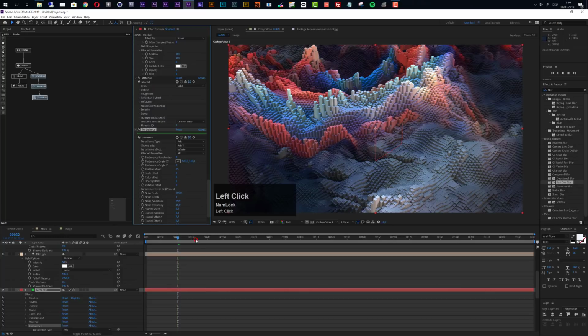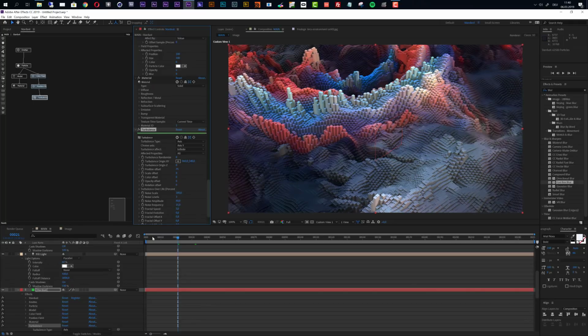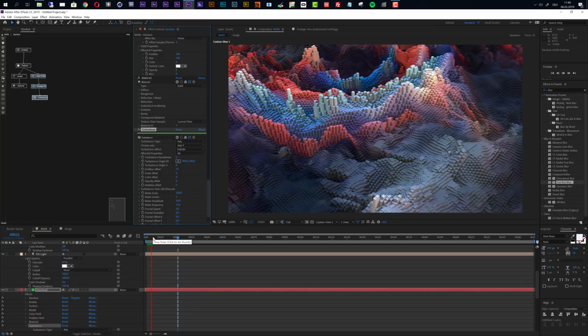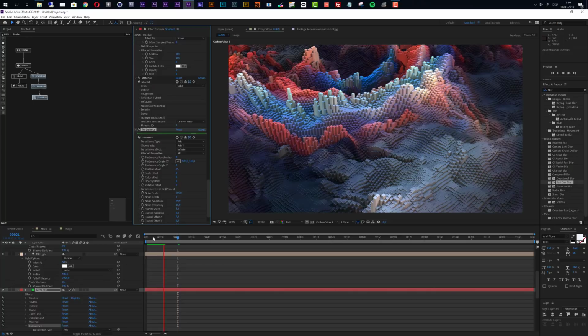And by default, this is also not moving, so it's still just sitting there. And if we add a little bit of fractal speed, so let's say we add a fractal speed of 5, then you will see now it starts moving. And if I create a quick RAM preview now, you will see how this looks like. And I can take a look whether I like this setup as it is or not